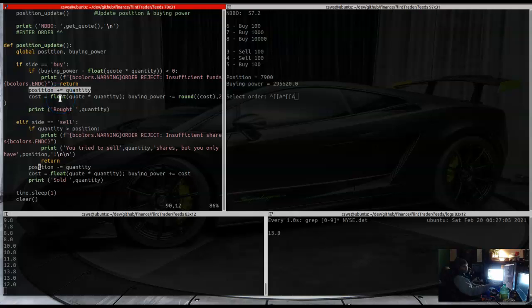Look at the price, man, down to $13. What is this, GameStop? Let's not talk about that one. Anyway,